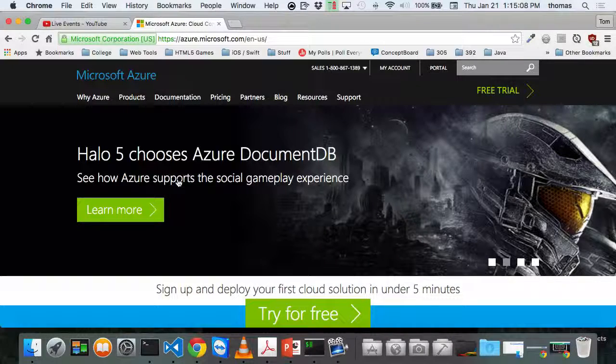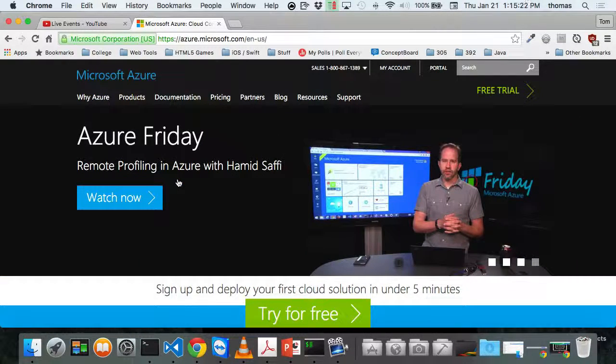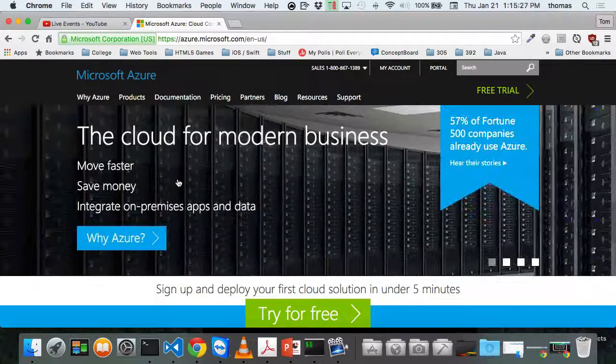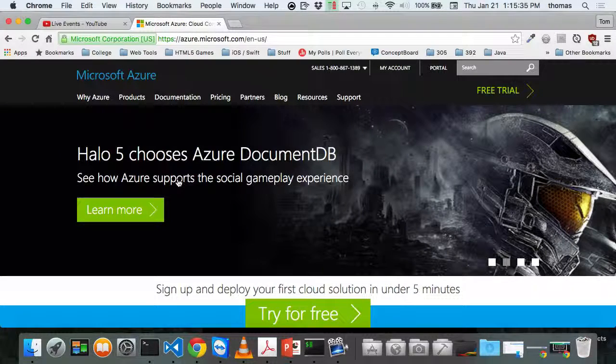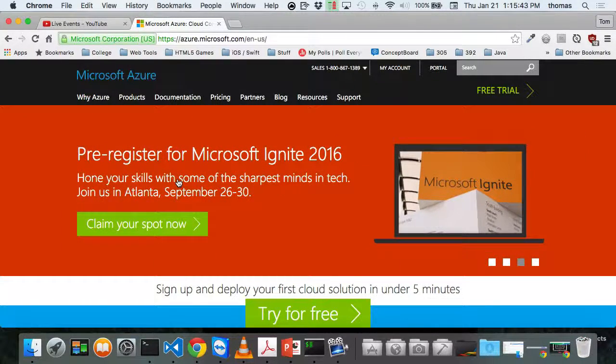Because I'm able to use the money that I would normally spend on capital stuff, like servers and everything else, and I can move it into the business, into my operating side. So it's a kind of a flow from one to the other. So that's one of the reasons why we do a lot of platform as a service right now. And we use the cloud, cloud services like Microsoft Azure, Google Platform, Amazon Web Services. Those are the 3 big ones that some companies are starting to use now in order for us to move from a CapEx model to an OpEx model, capital expenditure, operating expenses. So that's the reason why we're doing it.